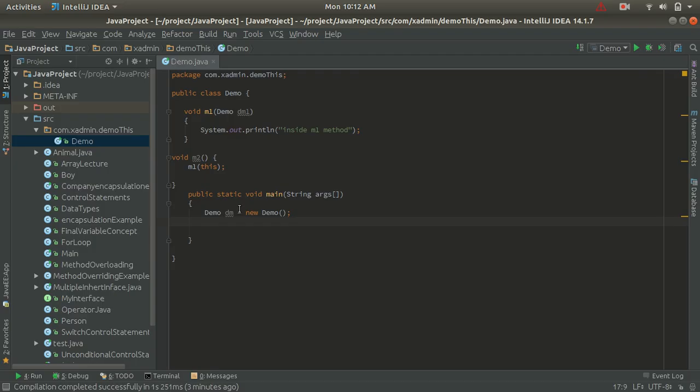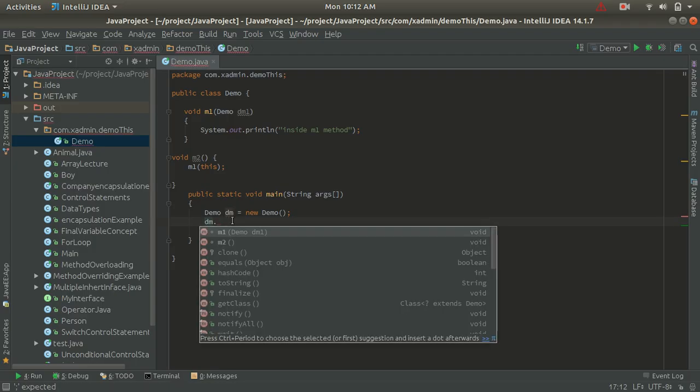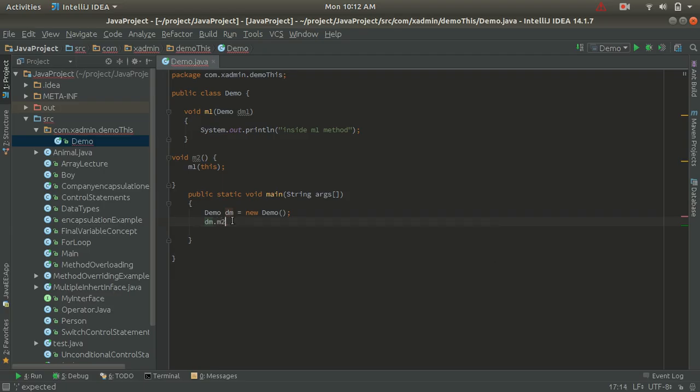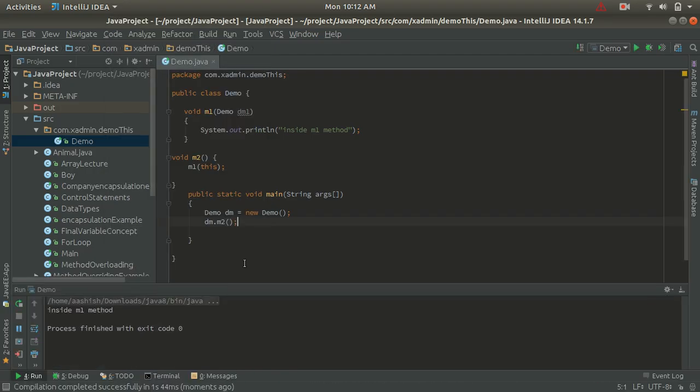And we have a main method, and inside the main method with the dm we can call the m2 method, right? So let's run this program and let's see the output. We can see that we will get the output as "inside m1 method". Inside the main method, as I create the object of the Demo class, with the help of the object I invoke the m2 method.